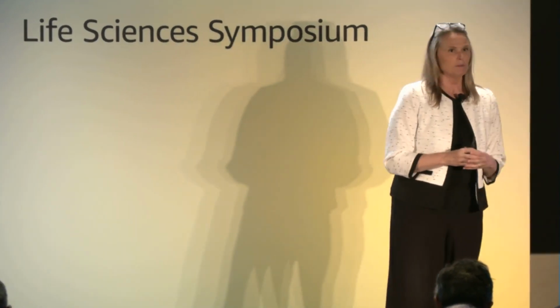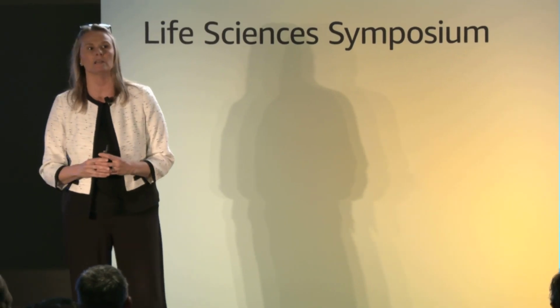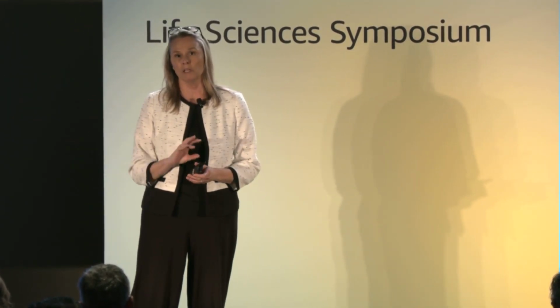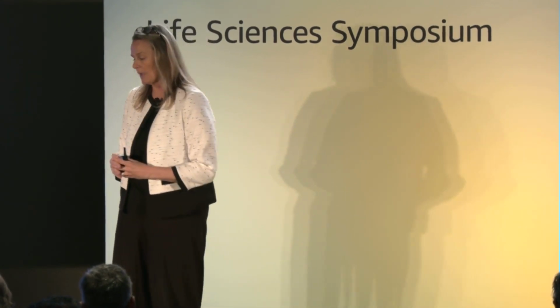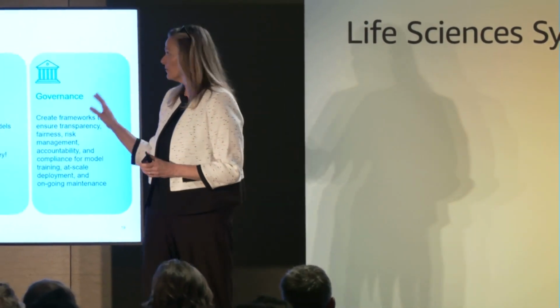The other thing we are going to be doing in the coming months is evaluating some of the newer biological state-of-the-art foundational models, so working with Evolutionary Scale to look at ESM3, not only in the small molecule world, but also with proteins, antibody engineering, et cetera. So for lessons learned,